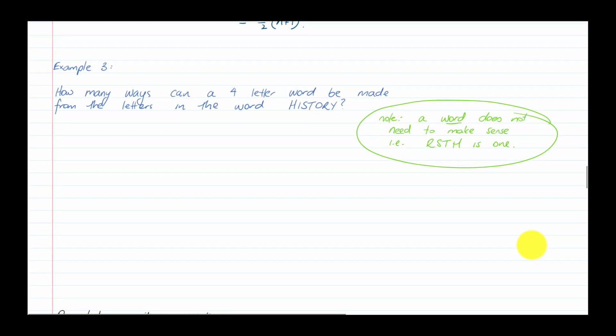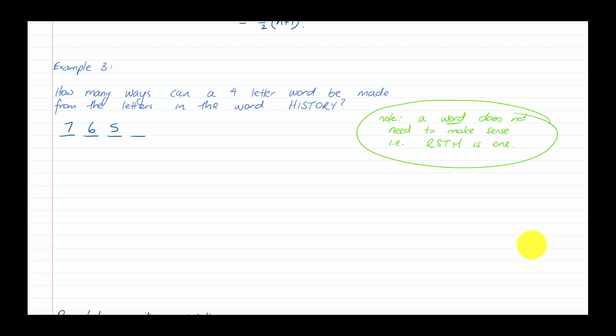How many ways can a 4-letter word be made from the letters in the word HISTORY? Note, the word does not need to make sense, i.e. RSTH is one of the options. So in this case, let's just look at this logically first. We want a 4-letter word, and so we can choose any one of those letters first, any one of those letters second, any one of those letters third,